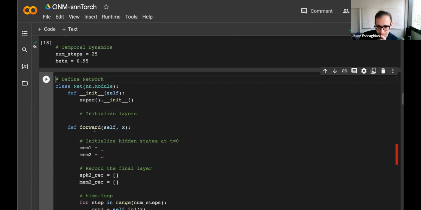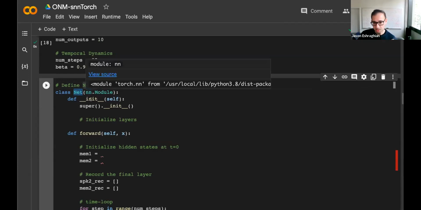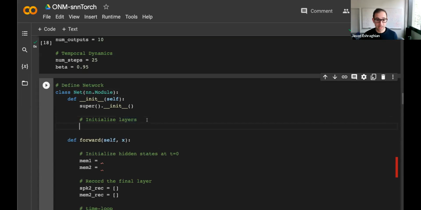And then we want to define a network. So we're going to define the network just to be Net with a capital N. We're inheriting from nn.Module. There's a bunch of nice functions in there from PyTorch that let us train these networks far easier, but we need to initialize our layers first. Before we consider what the forward function does, before we consider what happens when you pass data into this model, we need to actually say what the model is, right? So that's what initialization is for.